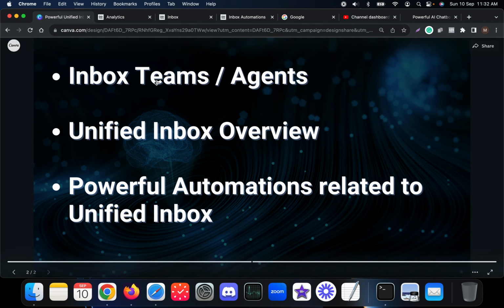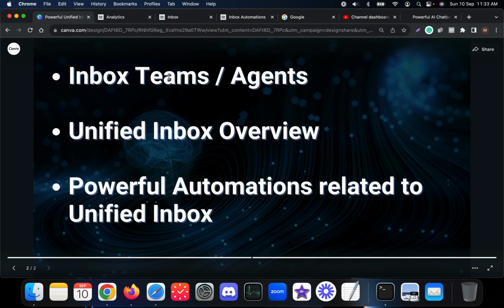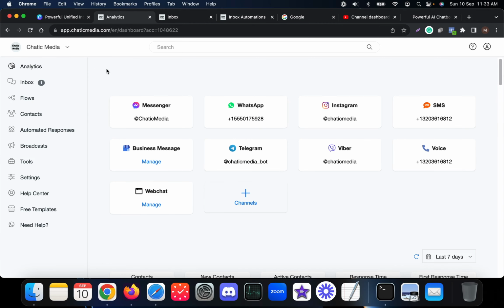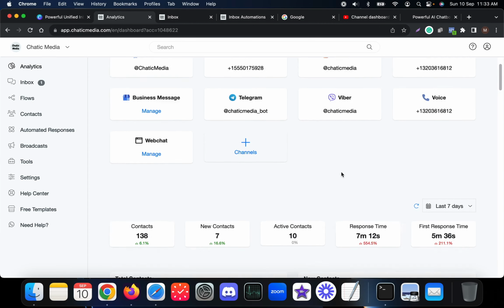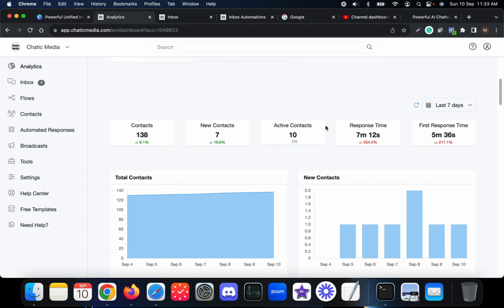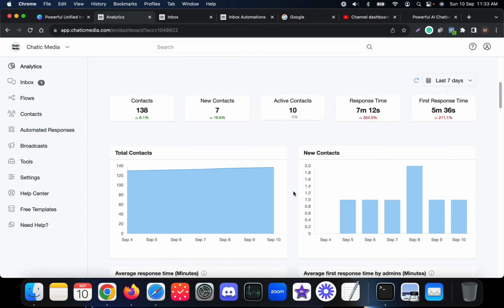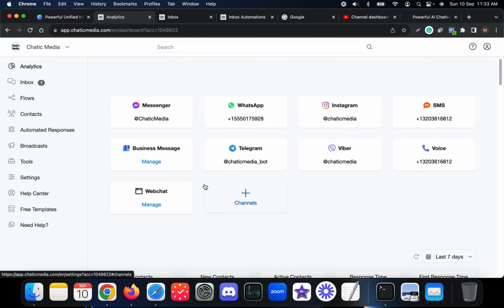So here let's see how to add new live agents or teams to your account. Here we are already in the analytics tab. Here you can find all the connected channels, the statistics related to your contacts, response time, those kinds of things. So to add a new agent or new admins to your account, simply go to settings over here,